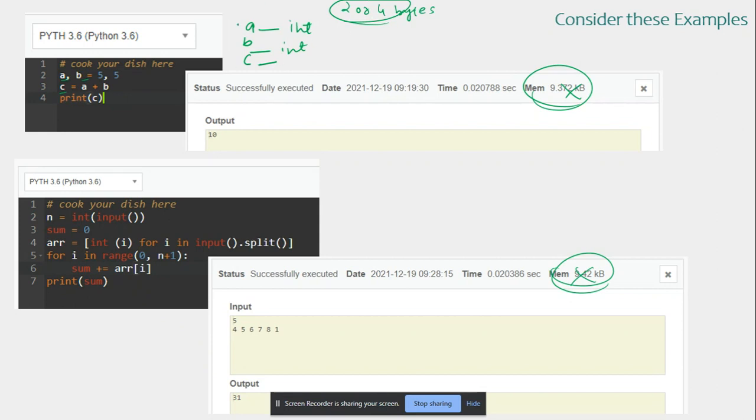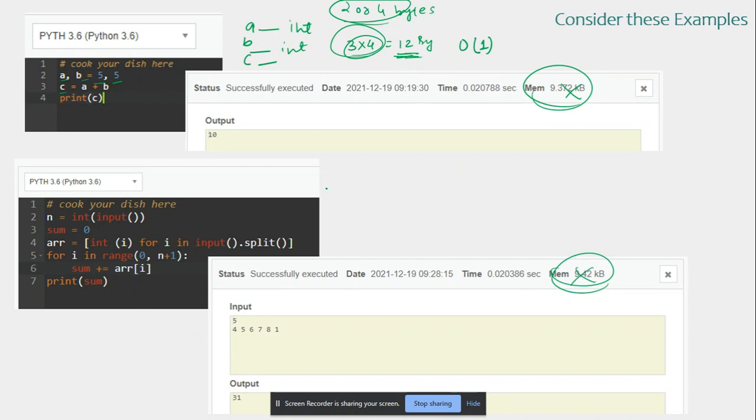So we have 3, so we will do 3 into 4, that is 12 bytes of memory we can consider this particular program is taking. That is constant in this program, because we're just going to have three variables. Their values are not going to change because we're just adding these two values. So we can say the complexity is big O of 1, because the value is constant. It's not going to change.